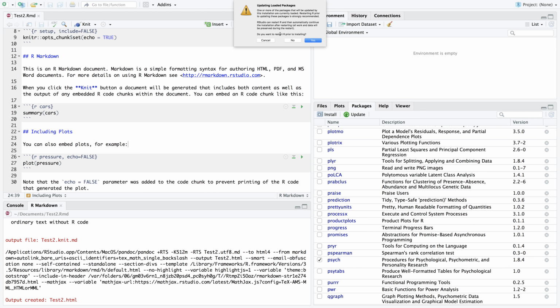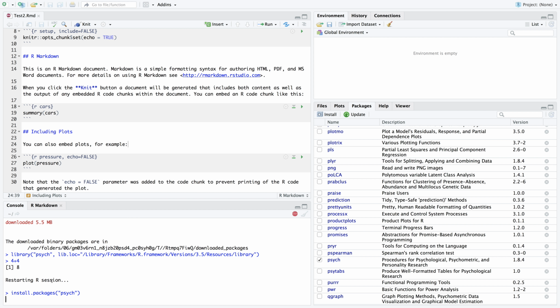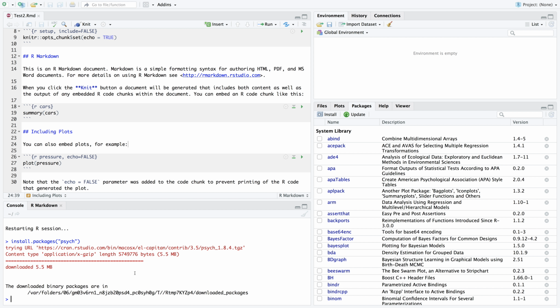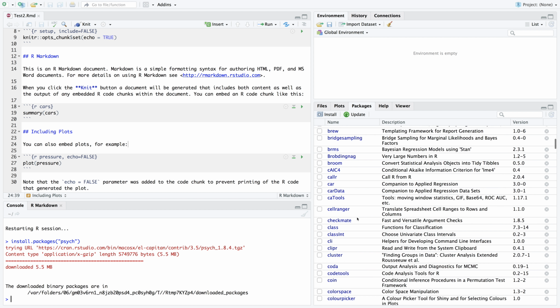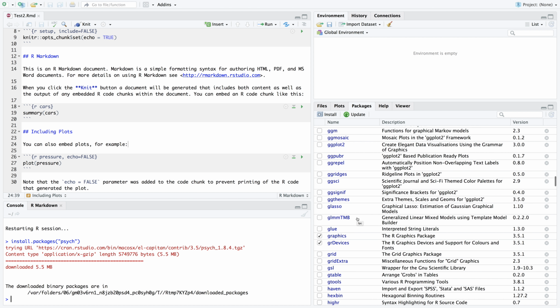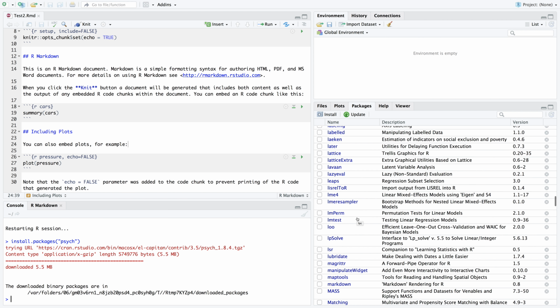Because we currently have this package attached, we'll ask R to reinstall. It's restarting the R session. So you can see in the console it's installing the packages. You can see it's doing things by that little stop button. This is the size of the package. It's downloaded and it's installed. So in this system library we have all sorts of packages, and their different versions. You can usually tell very little from the description about what they're doing,